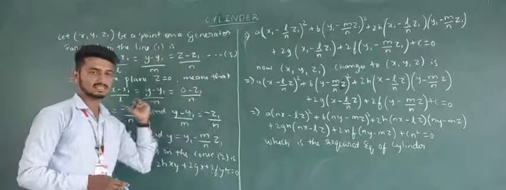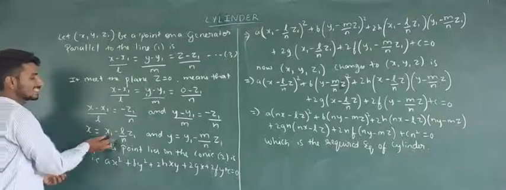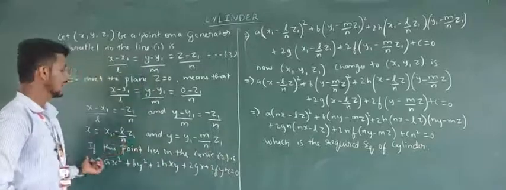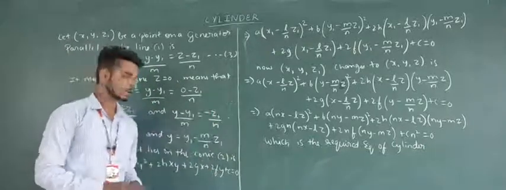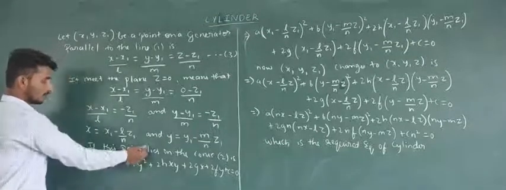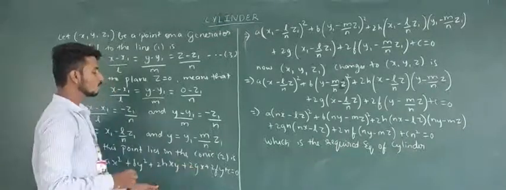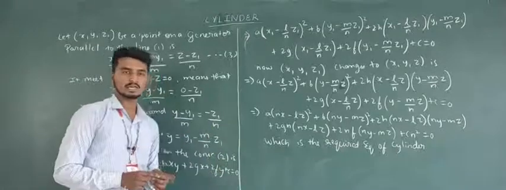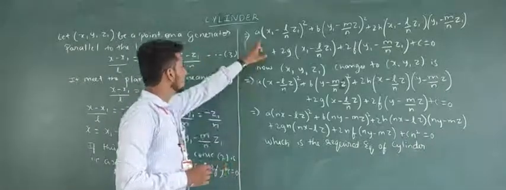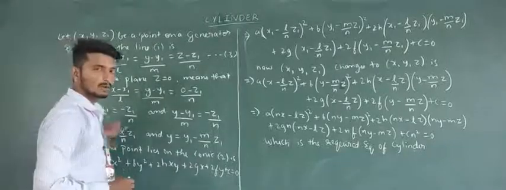So what we have considered in the given statement is, we will substitute this x and y value in the given conic equation. The conic equation is ax square plus by square plus 2hxy plus 2gx plus 2fy plus c equal to 0. Now we will substitute the values of x and y in this conic equation. So that will be a into, here it is x square, we will substitute the value of x1 minus l divided by n into z1.